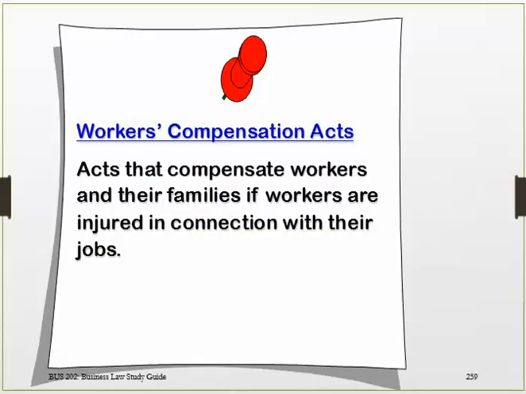Okay, let's switch gears a little bit over here, and now I want to discuss some things regarding employee benefits. And the first employee benefit I want to discuss is workers' compensation. Workers' compensation acts were based on the idea back in the old days, back in the late 1800s, early 1900s. If somebody got injured on the job, they were in the factory and they worked 12 hours a day, and they took home enough for their family to survive. And then one day they got injured by a machine at work, and then they couldn't work, and then they were home and their family starved.